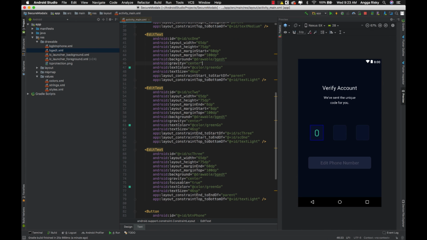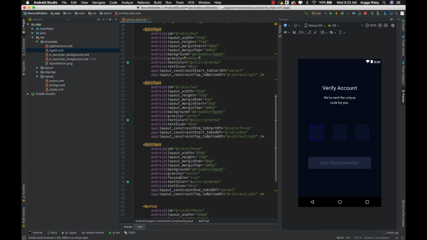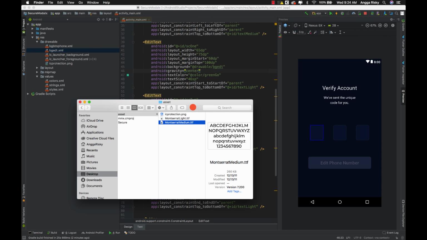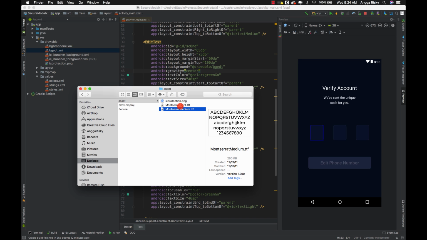Okay, and we have to create another directory for the font, for the typography.